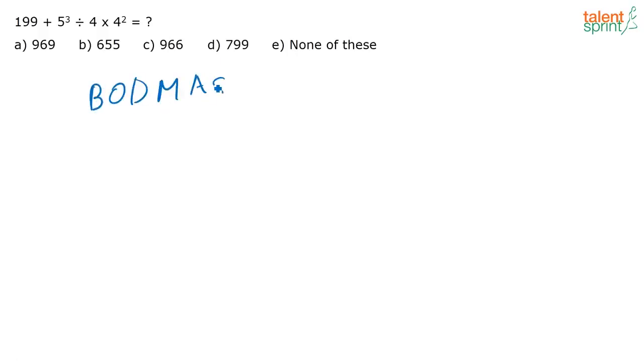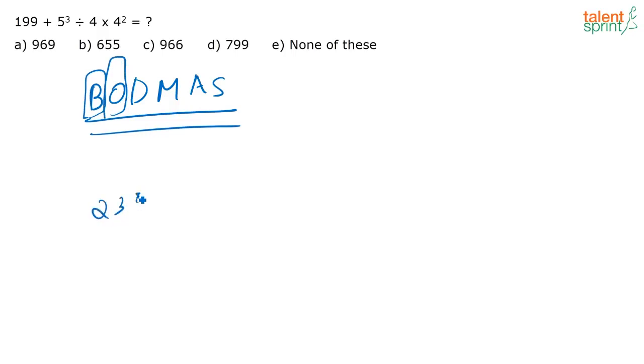BODMAS. This BODMAS rule gives the precedence of operators when it comes to calculations. Always, whatever is there in the brackets will be given the maximum precedence. So first solve whatever is given in the brackets, followed by whatever is given in